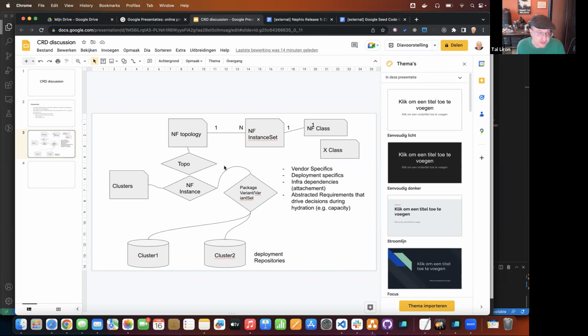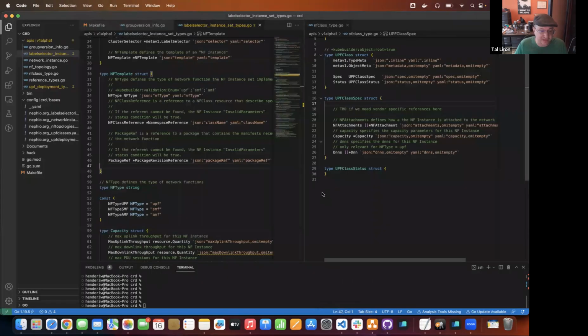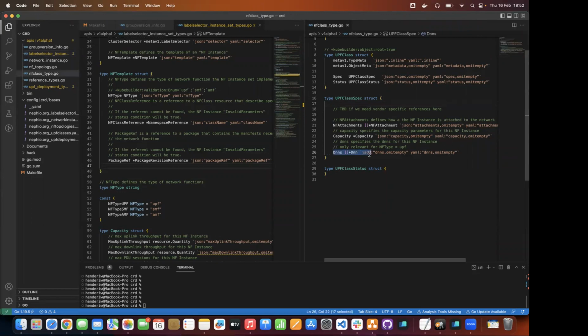And filled in during hydration, but we need a place for them, right? Right now, there's no place for them. If we go back to the Go code, it is, as I said, extremely generic. It has nothing to do with any product, any vendor, or anything. I would say it has nothing to do with network functions specifically. These are just applications, right? So the UPF class spec,